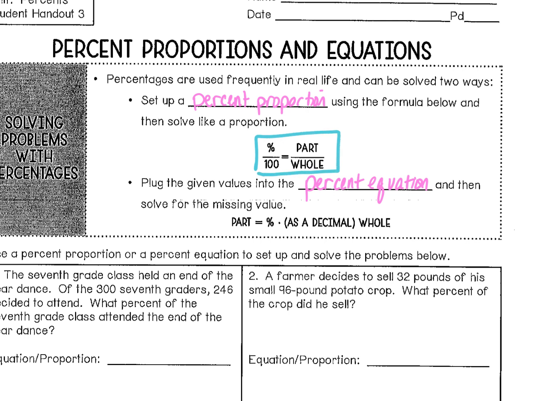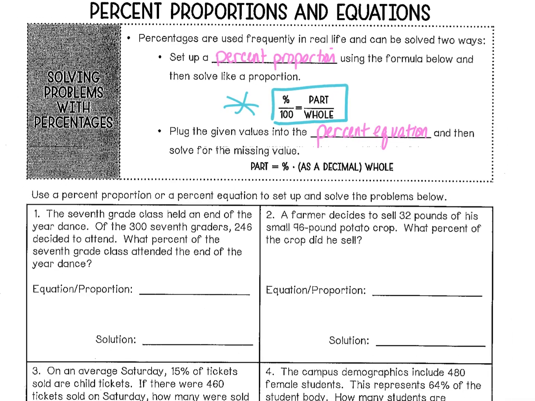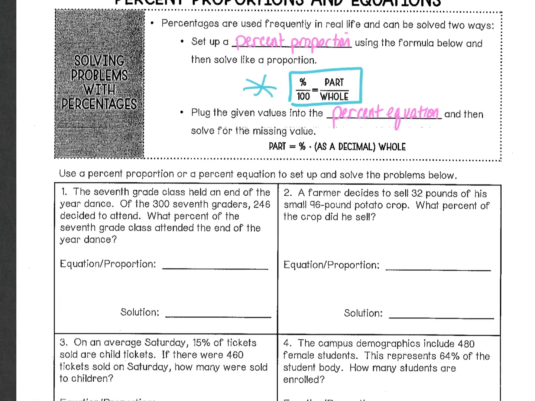You can use a percent equation, which is part equals percent times the percent as a decimal times the whole. Now, this way right here always works. So I'm going to go with percent over 100 equals part over whole and stick with that. So let's go ahead and set this up. When I set them up, I always do percent over 100, and I'm going to put P over W for